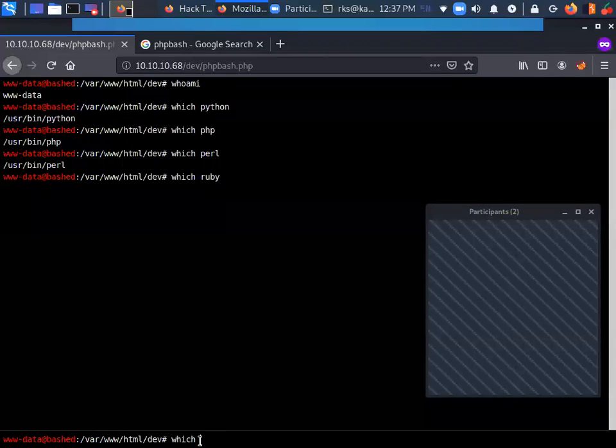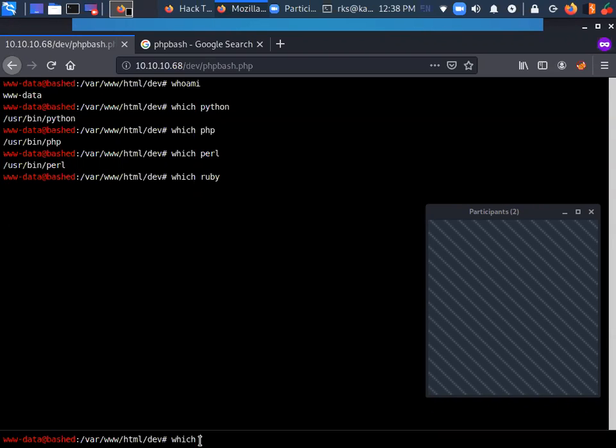Python, PHP, Perl. JSP, ASP is not relevant here because this is a Linux server, not a Windows server. So these are certain things that we need to keep in mind, right? That's why I told you that initially we want to do hyphen capital O, so that we keep this thing in our mind while approaching the target. So I'm not concerned with the JSP or ASPs here.